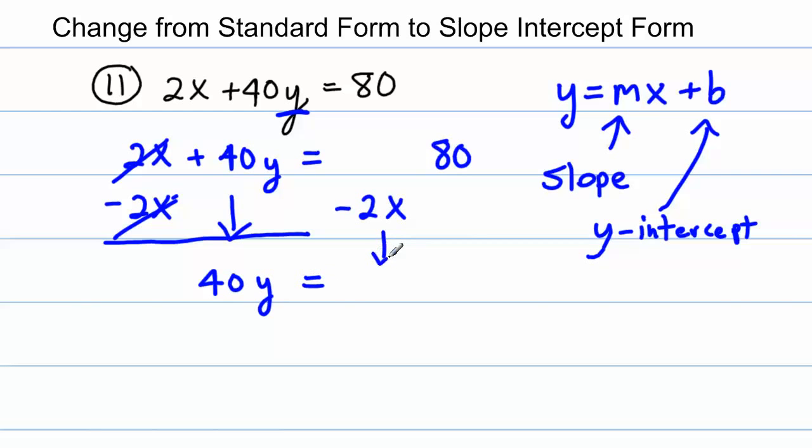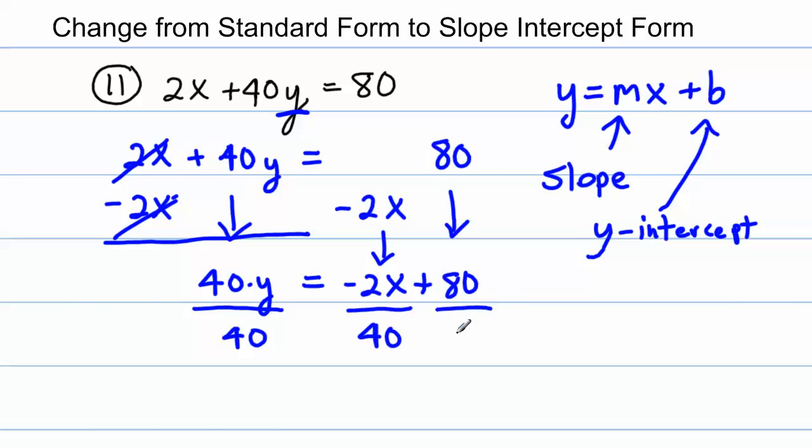And then on the right side we have this negative 2x. The main thing is to be really careful when you're copying these, plus 80. And then this is negative, or 40 times y, so we undo multiplication with division, and we need to divide everything on this side, or both terms, by 40. The 40s cancel here, and we're just left with y, which is just what we want